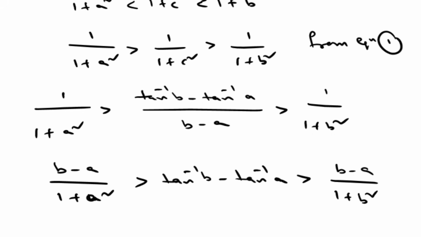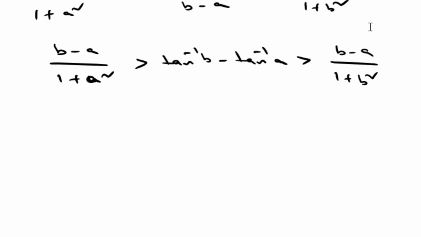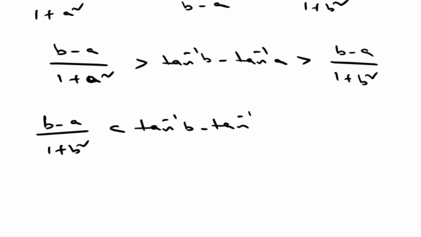Now we can write the same term as b minus a by 1 plus b square is less than tan inverse b minus tan inverse a less than b minus a by 1 plus a square. Hence,